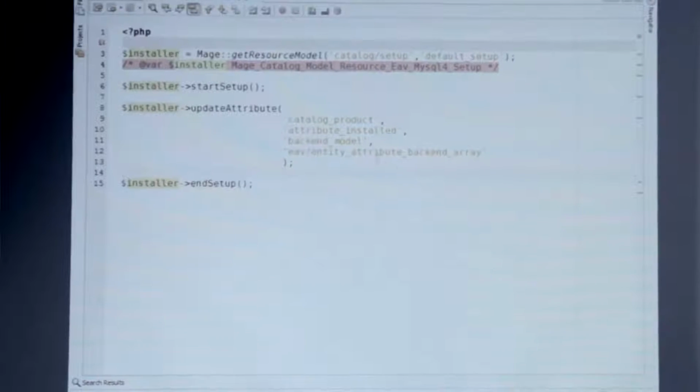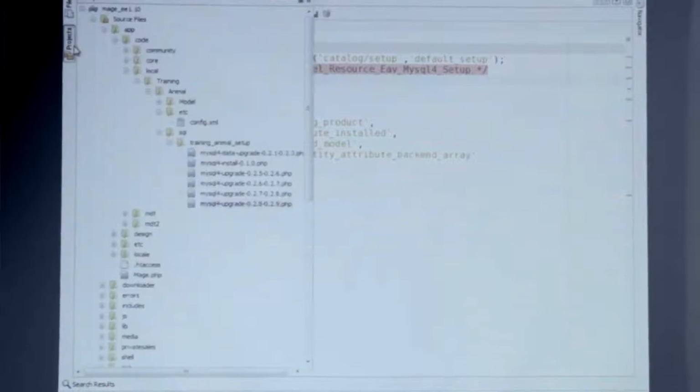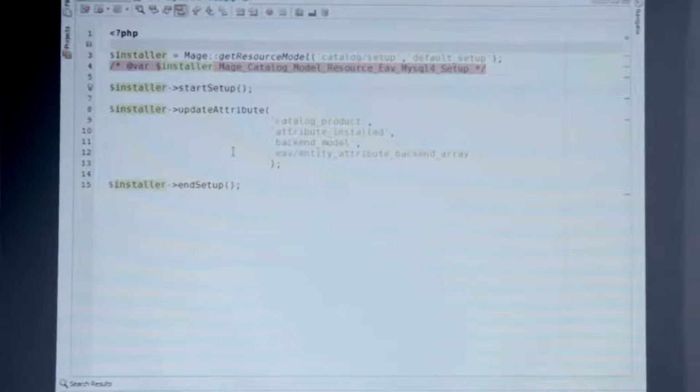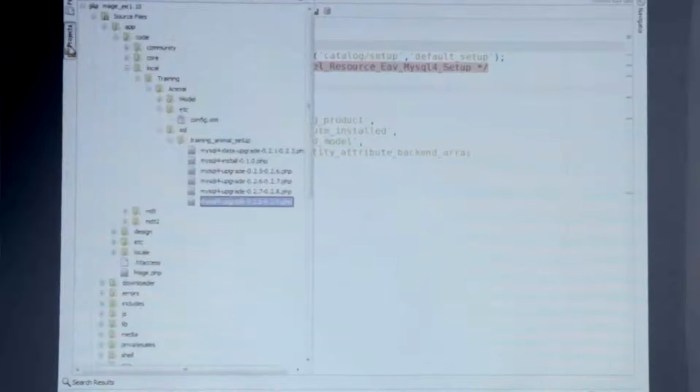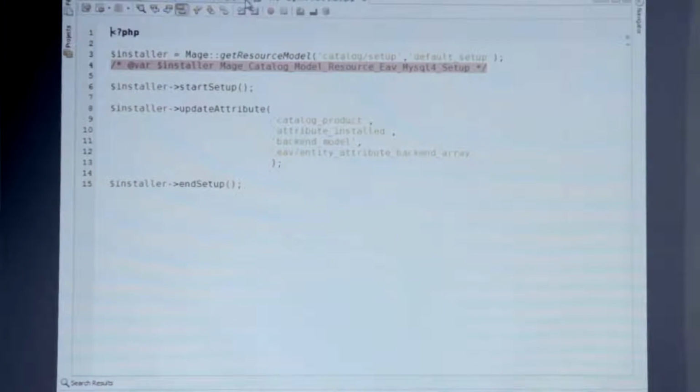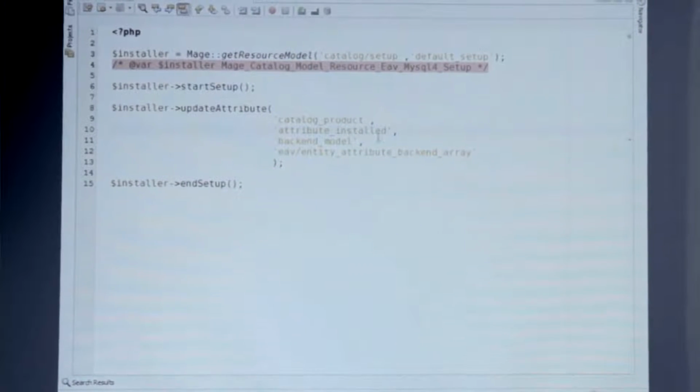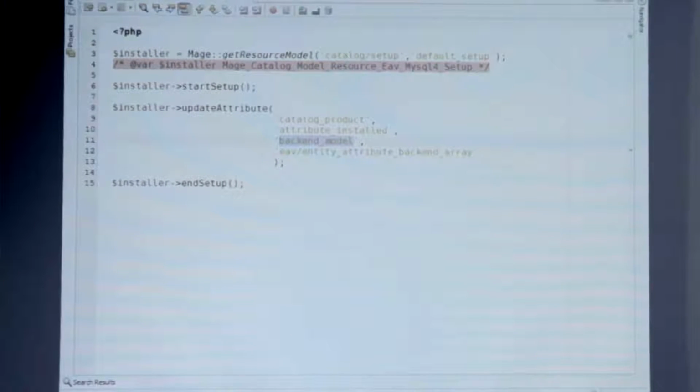So I'll go up to 2.9. And, okay, all this information stays the same, but instead of backend model, let's see, I want it to be visible in the front. Let's see, what does that look like? Well, how do I find that out? Let's see. Probably if I go to